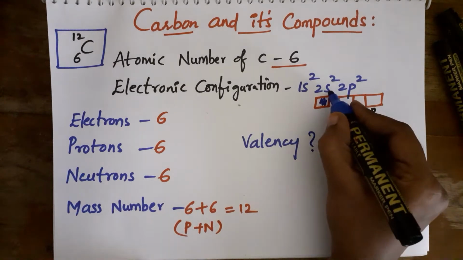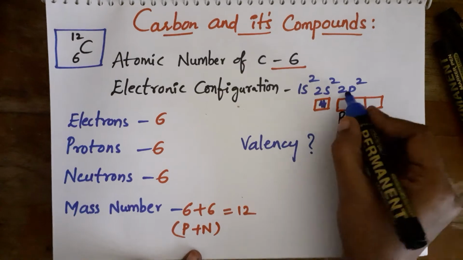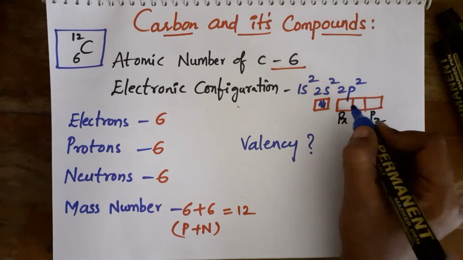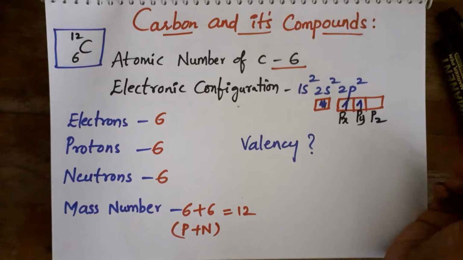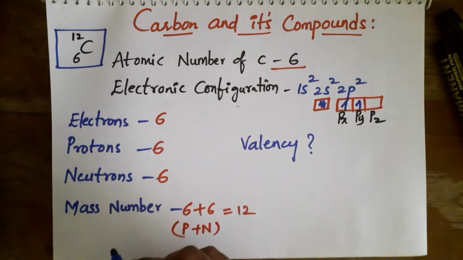Okay, here 2 electrons are present in the 2s orbital, and here the filling is like this. Then in the p orbital we are having 3 subshells and 2 electrons. Okay, here the electrons are filled like this. It contains one vacant p orbital. Right. Next, moving to the topic.